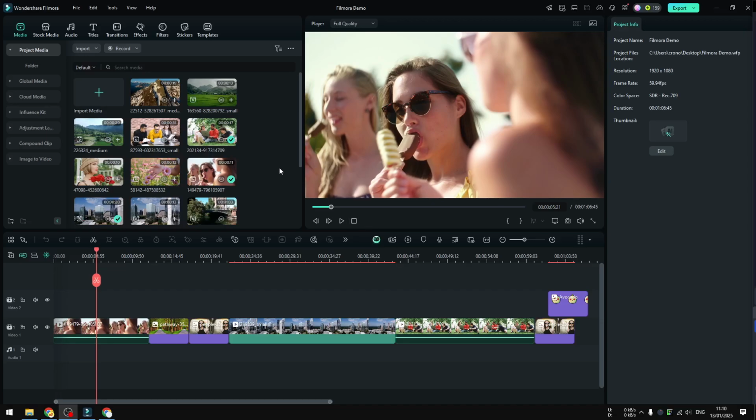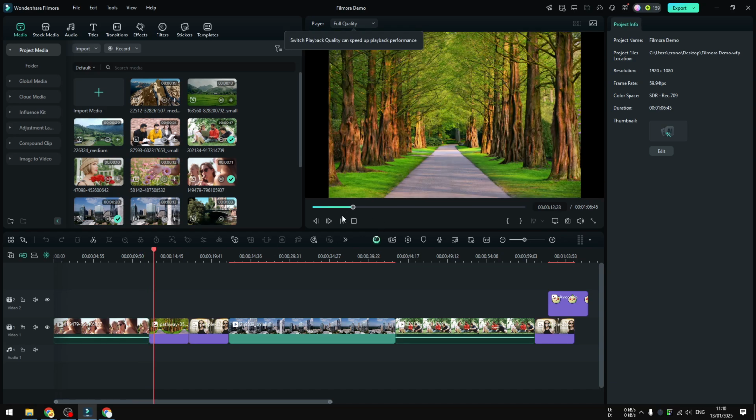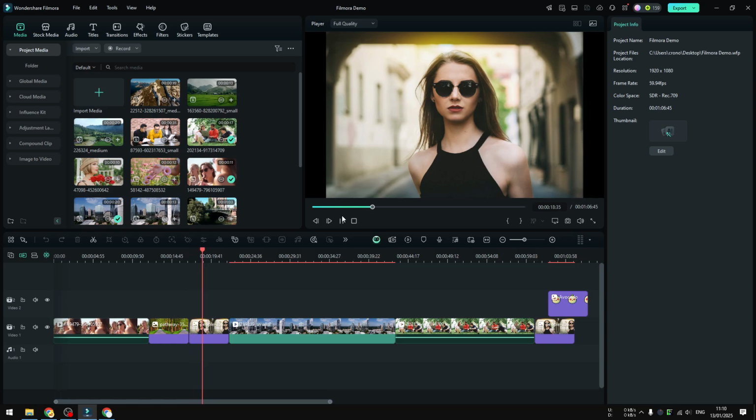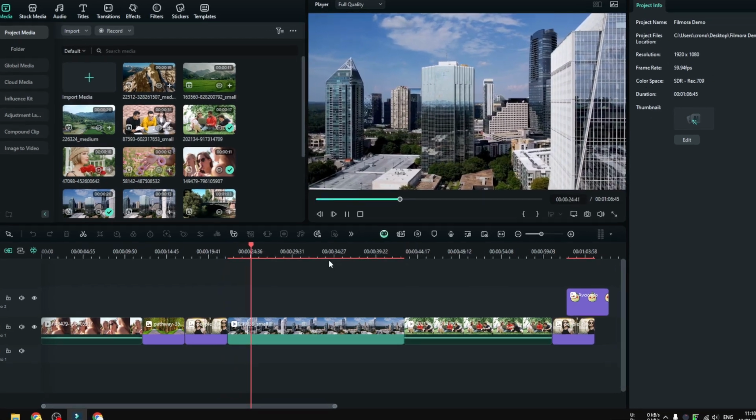Well, it is safe to say that Filmora is probably one of the most prolific software when it comes to updates. If you have been using this software for years, then you're probably aware that you're going to see some update prompt, maybe once every 2 weeks or sometimes once every week, which is actually a good sign. That basically means that the software is being constantly updated and constantly being improved, which is going to make